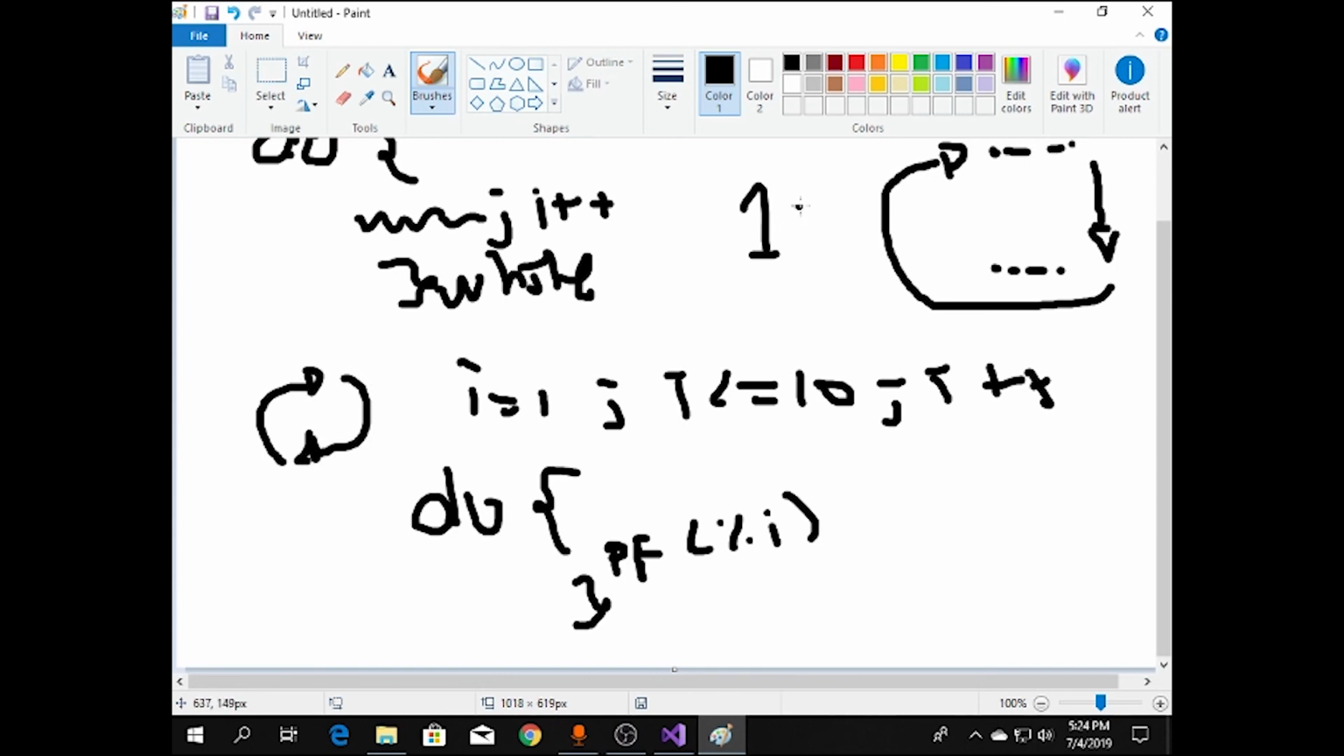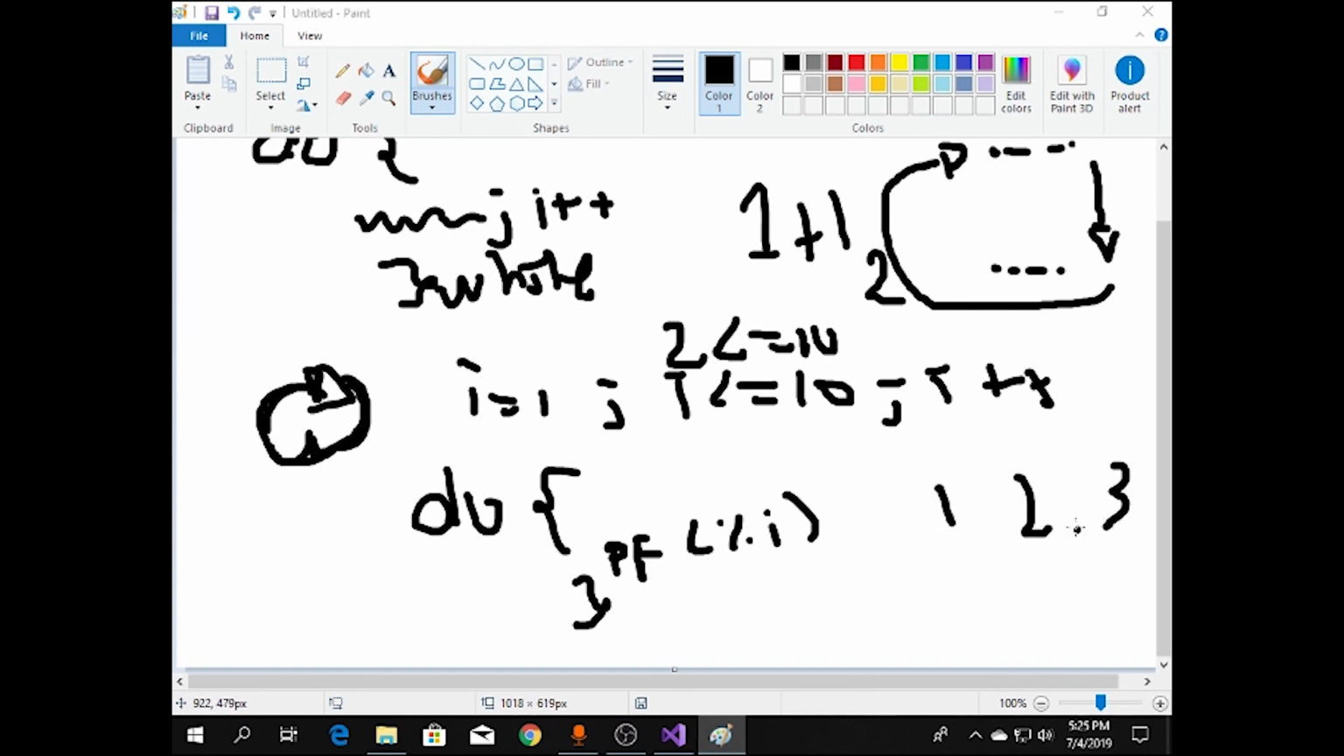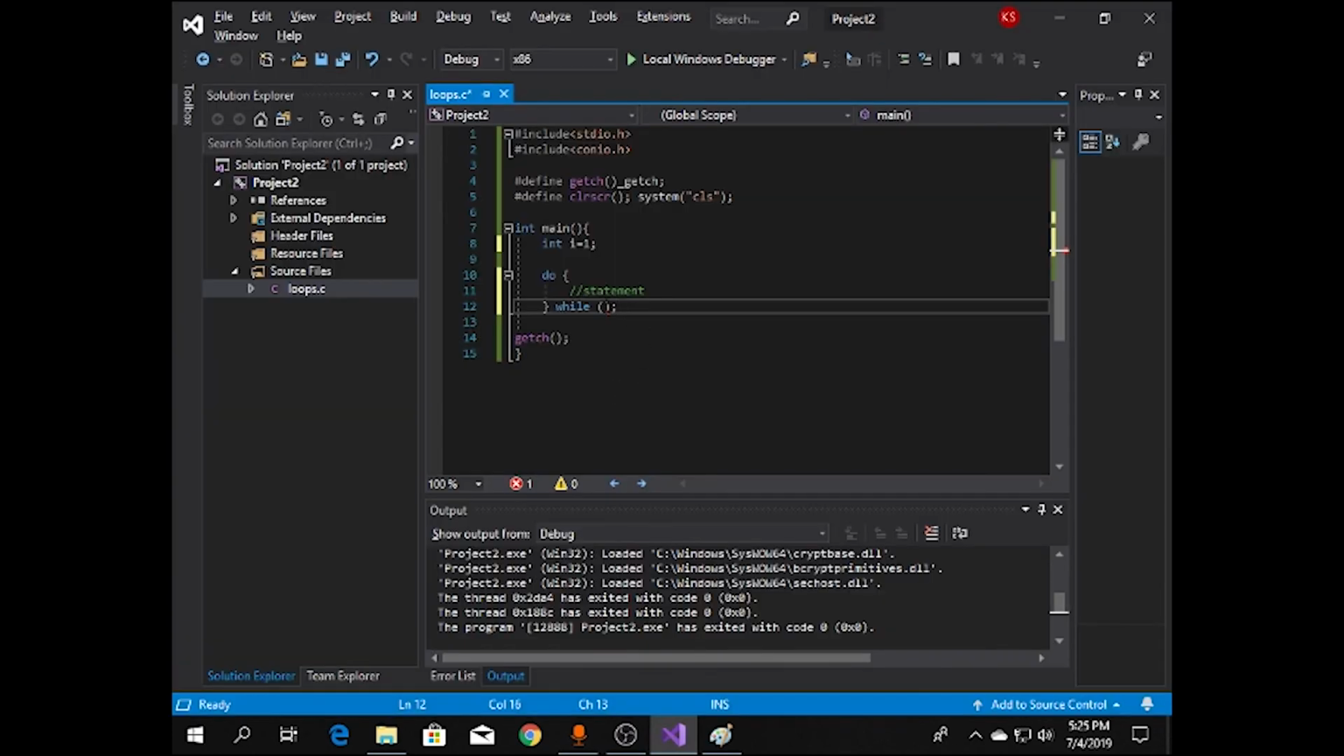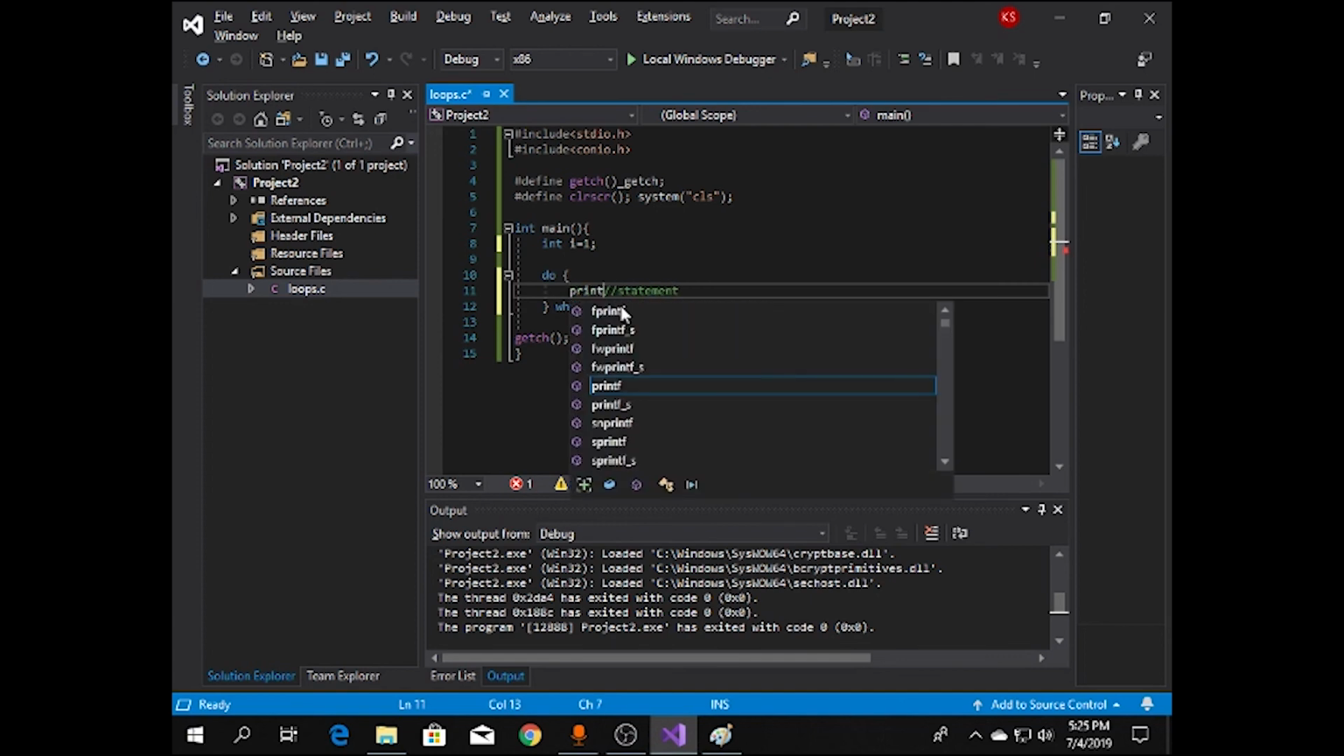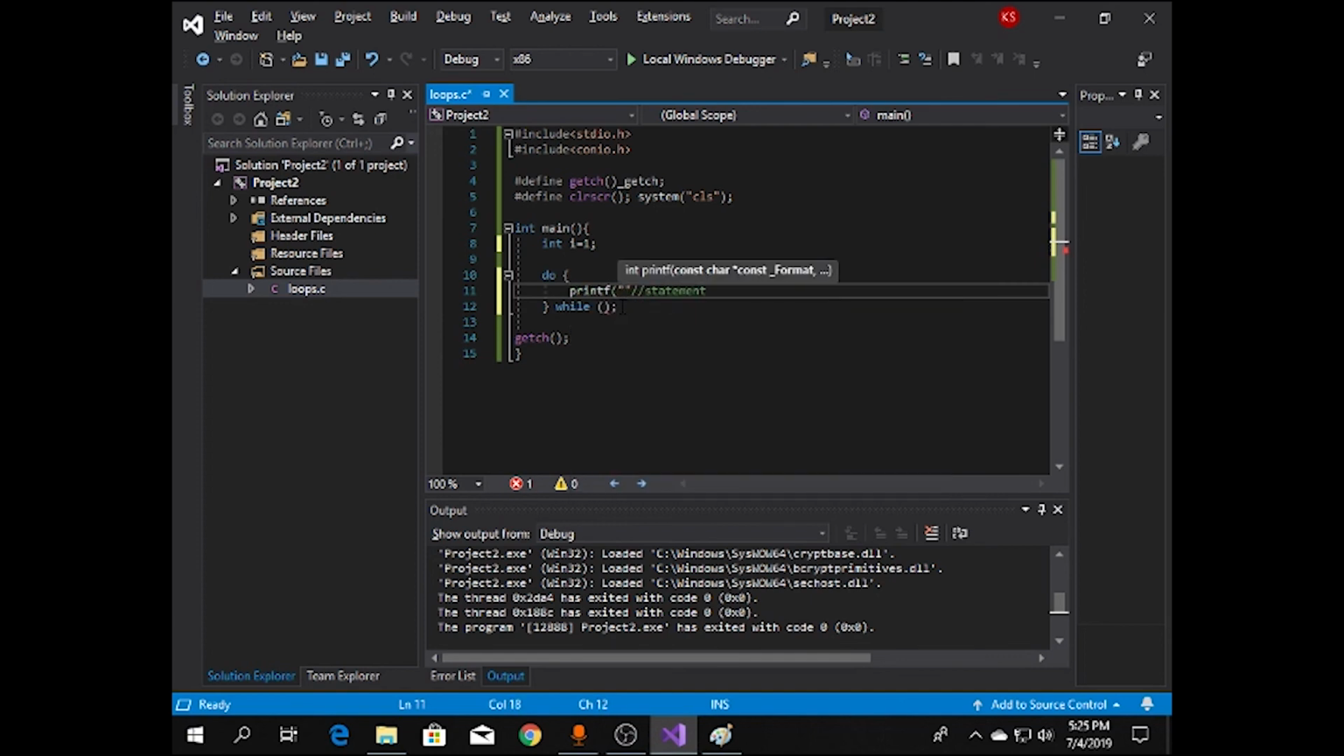So I, 1 plus 1 is 2, then it checks the condition. Since 2 is less than or equal to 10, it goes back to the top and prints 2. So 1, 2, and it continues, guys. I hope you understood, because it's hard to explain. Do this, for example,